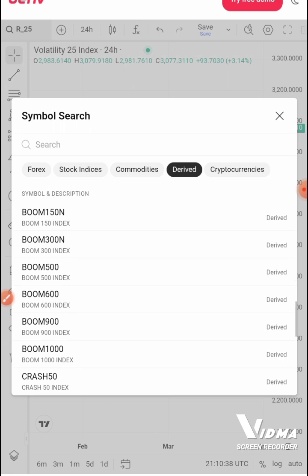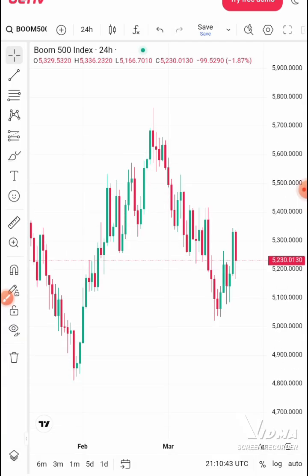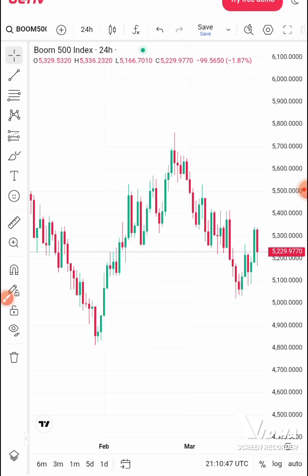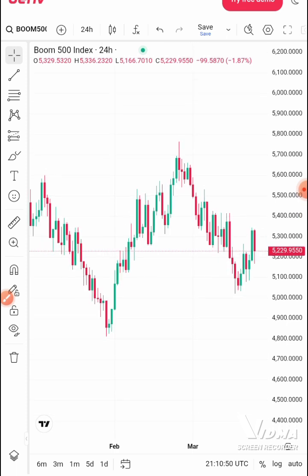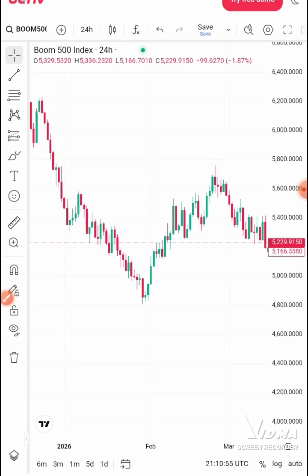Let's use Boom 500. Okay, which is a great pair right now because it's showing us one or two things that we learned last time. Okay, so